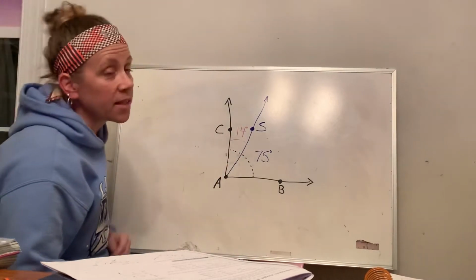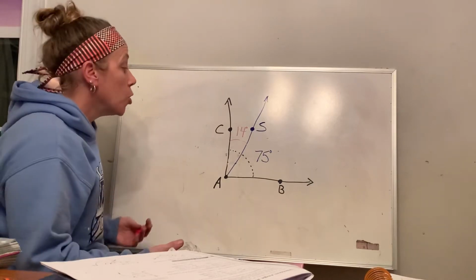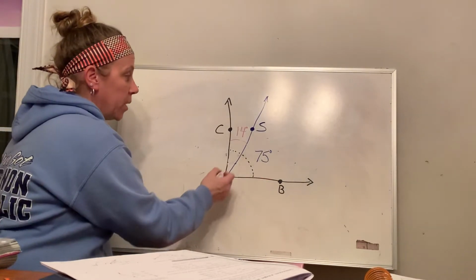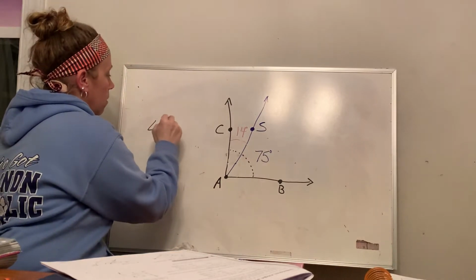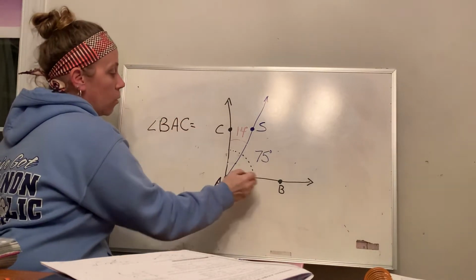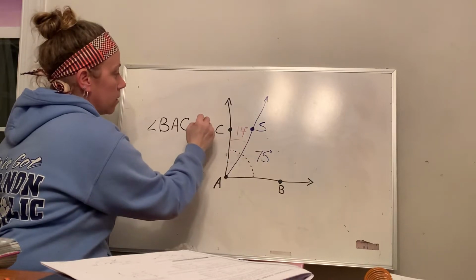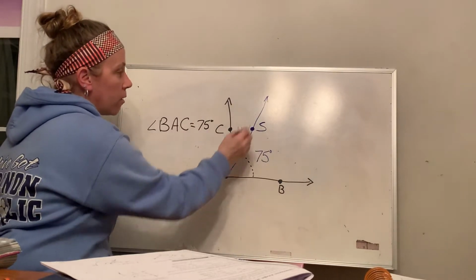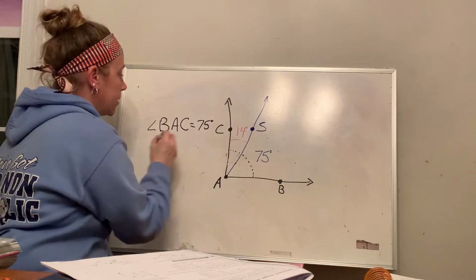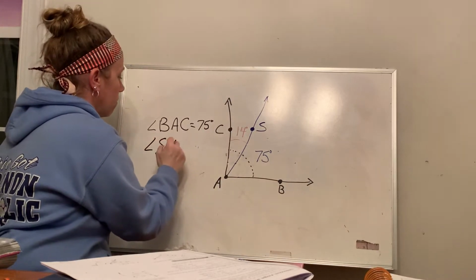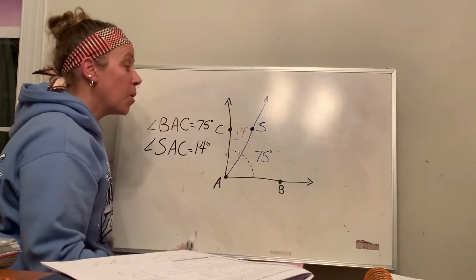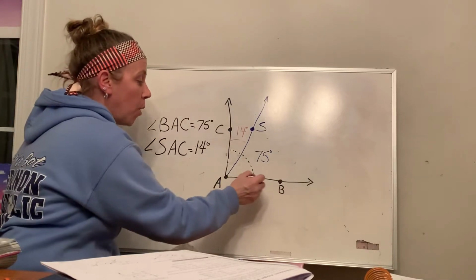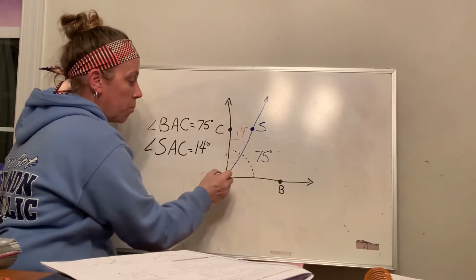I'm going to use the same drawing, but this time I'm going to say, okay, so I know angle BAS equals 75 degrees. I know angle SAC equals 14 degrees. So if I want to know both of them together, angle BAC